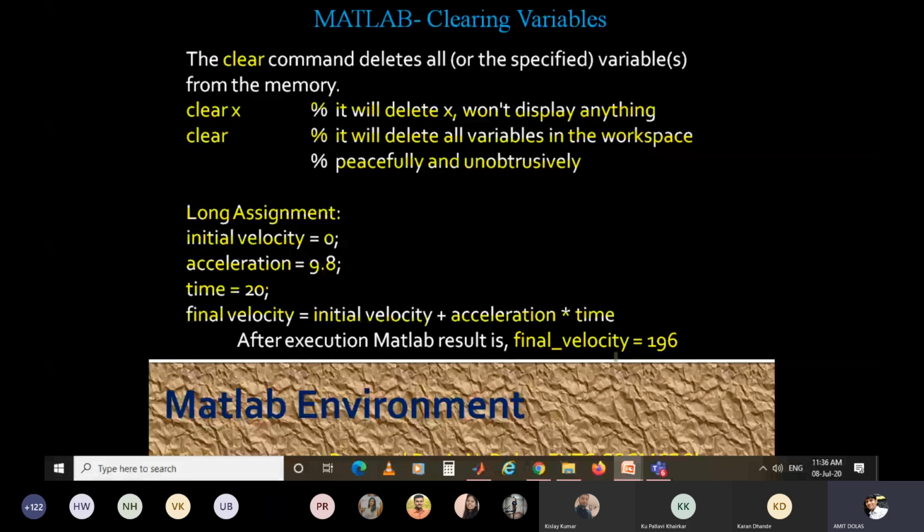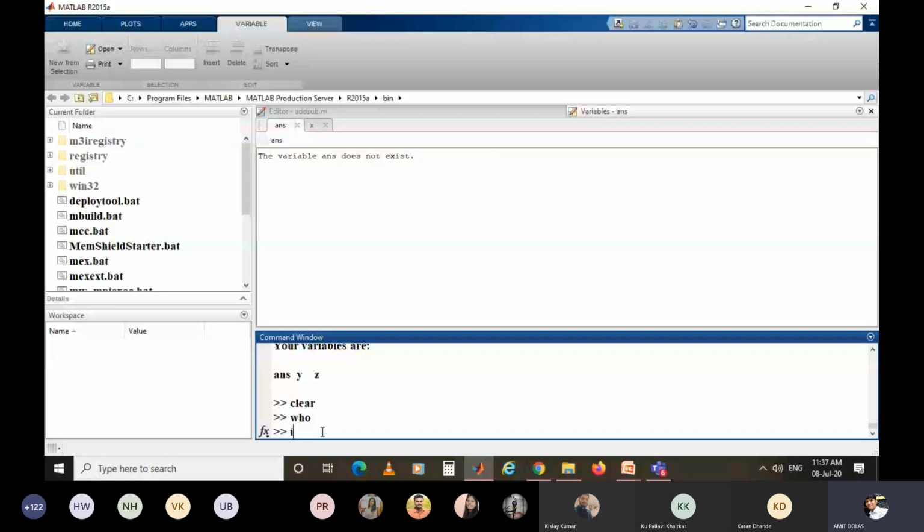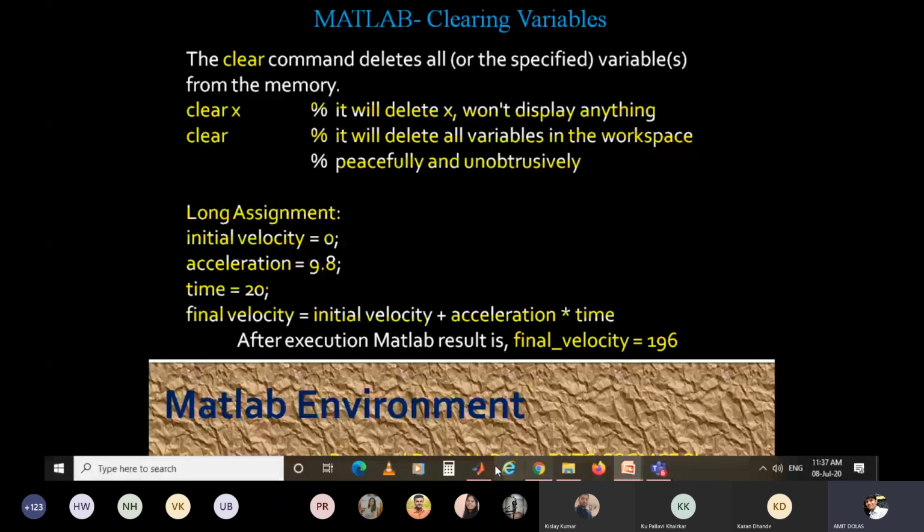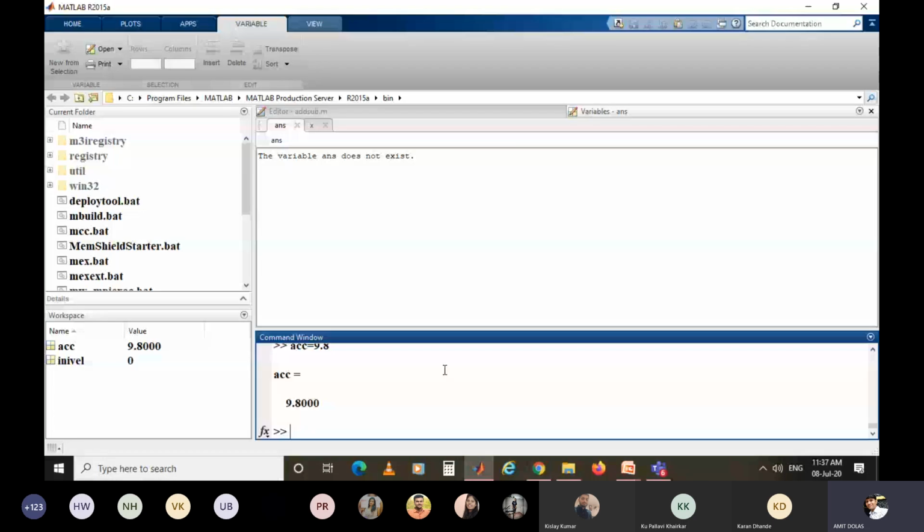So we will write in this way. I will write initial velocity equal to say 0. Then next is acceleration 9.8, time is 20 seconds. So I will write acceleration as only ACC is 9.8, then time is say 20, and then final velocity I will write FINAL, final velocity is equal to, what was the formula?